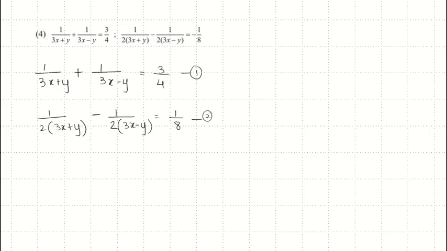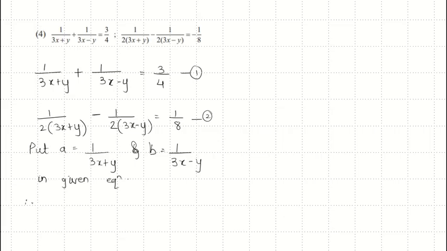If you see, 1 upon 3x plus y is common in both the equations, and 1 upon 3x minus y is common in both the equations. So we will put a is equal to 1 upon 3x plus y and b is equal to 1 upon 3x minus y in the given equations. Okay, put a is equal to this and b is equal to this in the given equations. What we get